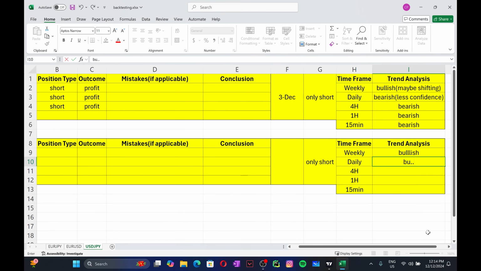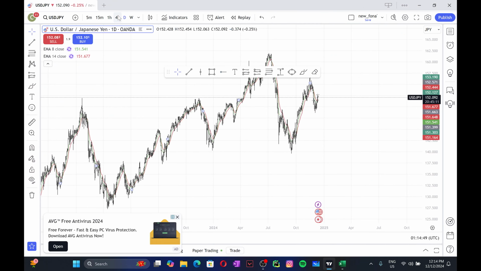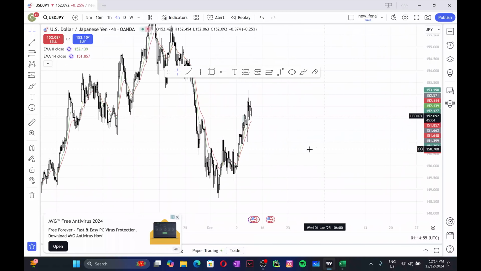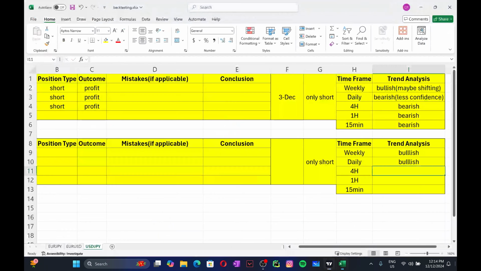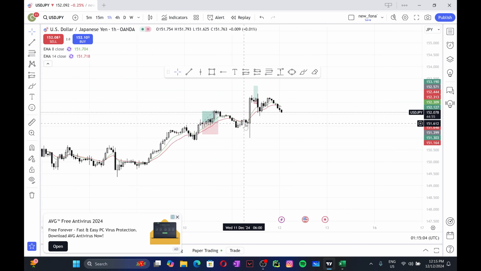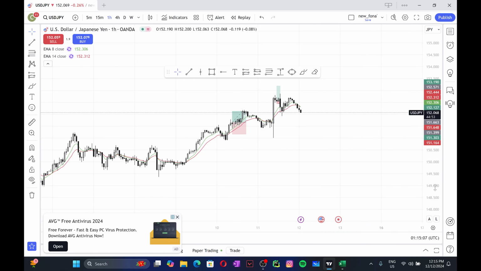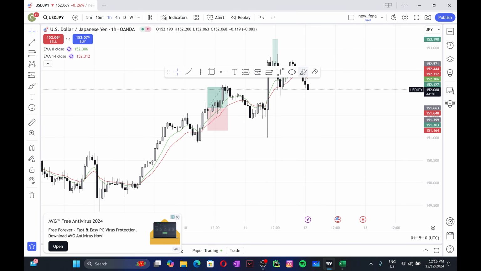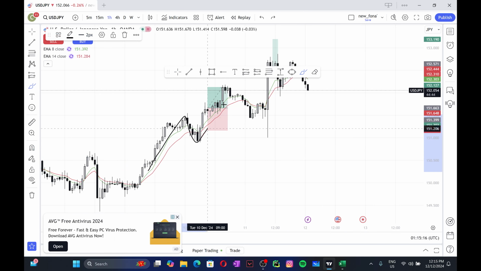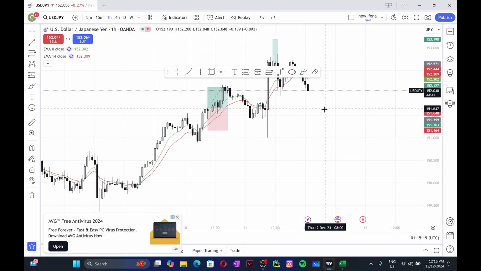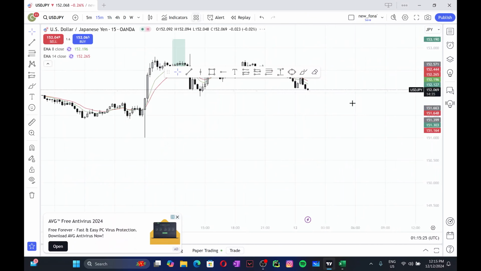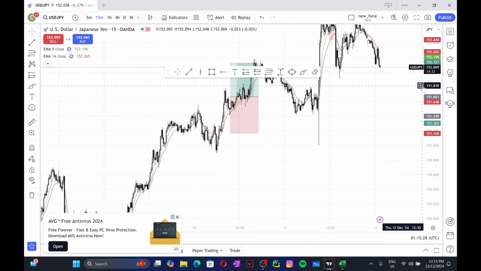So I would say bullish, and in the 4 hours time frame it is again having a bullish structure. So bullish, and in the 1 hour time frame it is bullish again. You see, the price is going up, down, up, down, up, down. So it's probably gonna keep going like that for at least 1 or 2 more cycles. So that is bullish as well. And in the 15 minutes time frame, I can see that again it is bullish in structure.